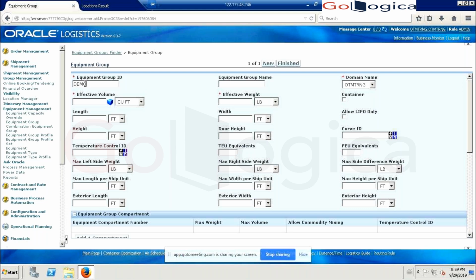So we'll create one. Shiva, you are clear, right? You are following me, right? Yeah. So I'm creating the equipment group ID. I'm just going with the 1000 cubic meter and weight of 1000 kgs.